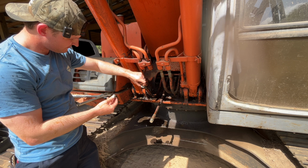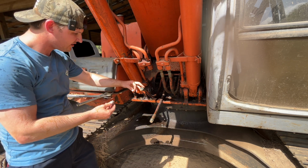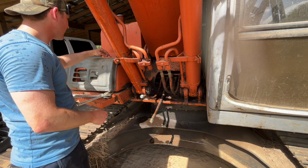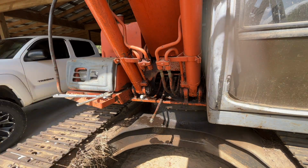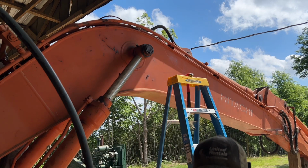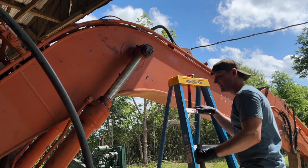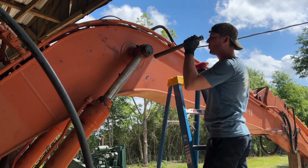Looks like our O-ring popped out of there. Working on anything like this, rest assured you're going to come out smelling like hydraulic oil. Golly. Well, now that we've successfully covered everything with hydraulic oil, I think we're finally ready to start seeing if we can work this pin